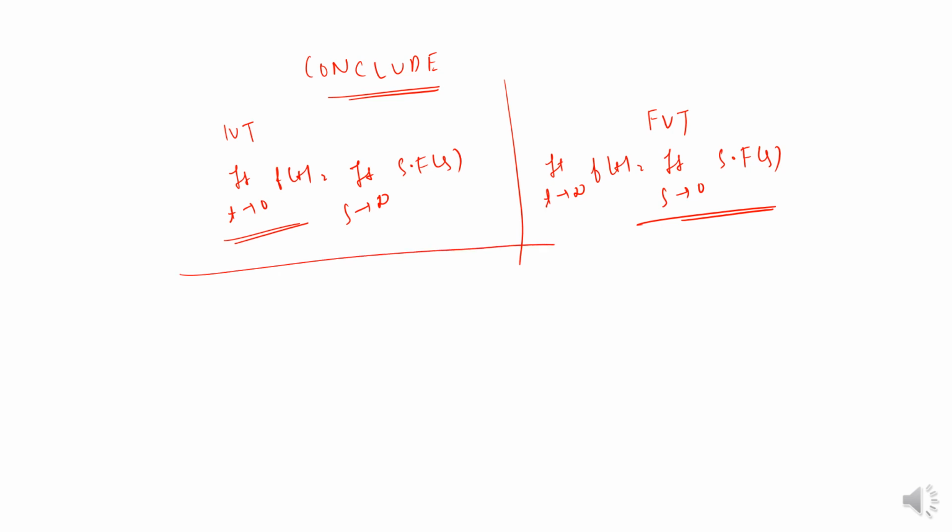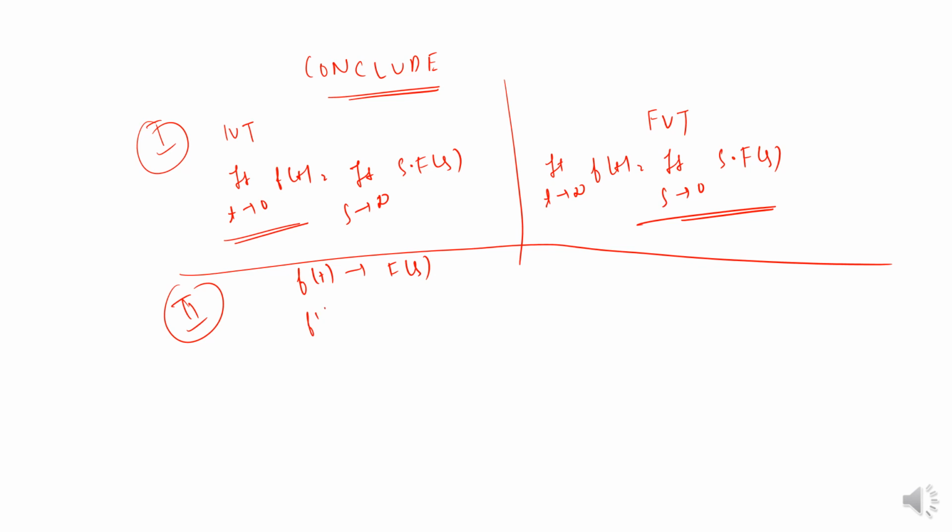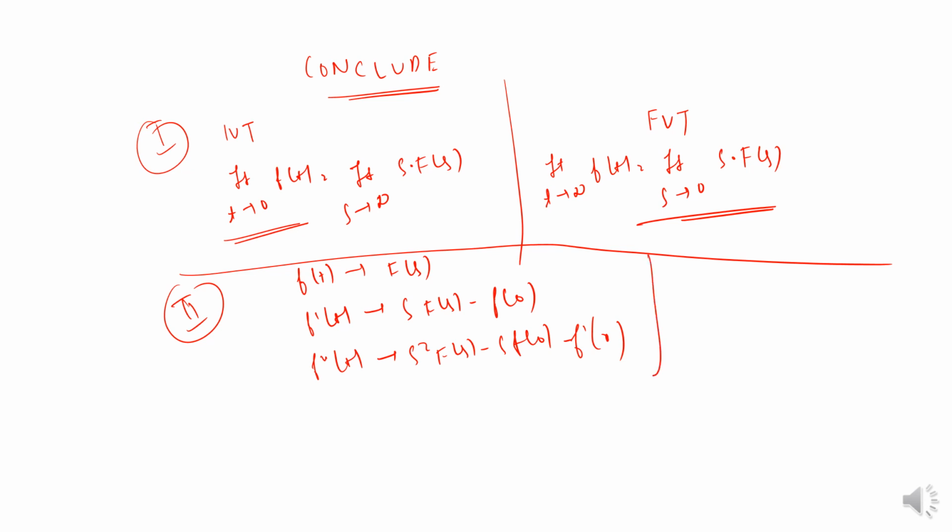This is concept number 1. Now concept number 2 which we used is, if f of t gets transformed to F of s, then f dash of t gets transformed to s into F of s minus f of 0, and f double dash of t is transformed to s square into F of s minus s into f of 0 minus f dash of 0. These two concepts we have extensively used in these 10 odd problems. Later we will see some other problems as well.